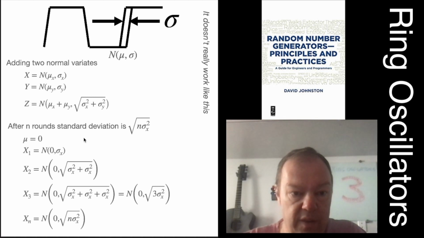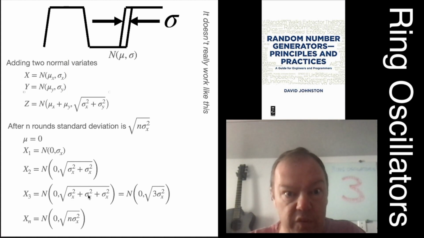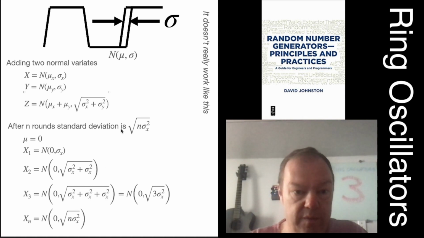We take the sigma of one of the inputs, which is this, and we square it. So we get sigma x squared plus sigma x squared, and then we add to it sigma x squared, which is this term. And then to get back to a standard deviation, we take the square root of the whole